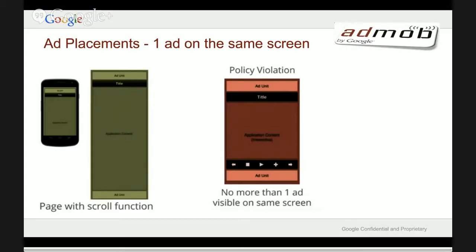The first question we always have is which ad placement recommendations we get and what other policies should be taken into account. So the main policy that is different and unlike AdSense is that only one ad per screen is allowed in AdMob. If the publisher, however, has a page with a scroll down function, they can put 2 ads per page, but only one ad at the